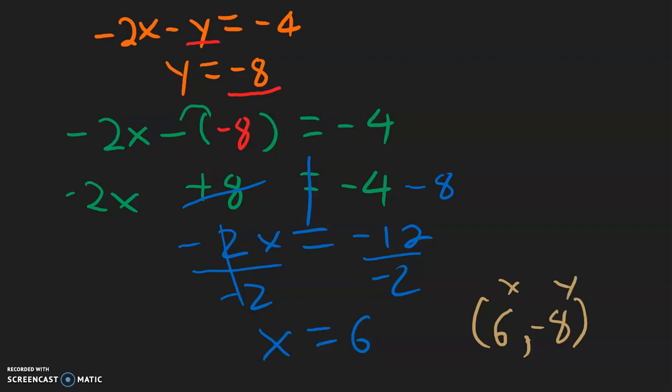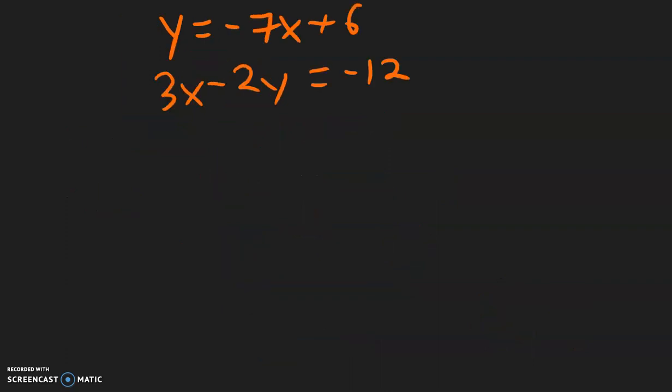For this equation, what we have is y equal. So because we have y by itself, is equal to -7x plus 6. So I'm going to take this -7x plus 6 and put that into the second equation where I see y. So go ahead and copy the second equation, everything except for the y part. So 3x minus 2, and I'm going to leave a parenthesis for the y, equal -12. And what we put inside the parentheses is this part in red,